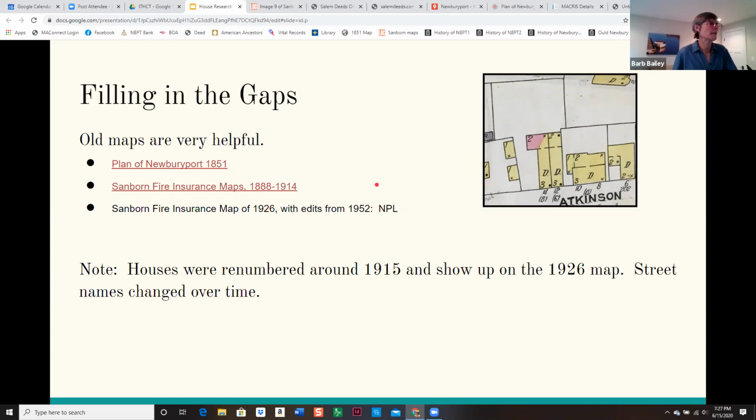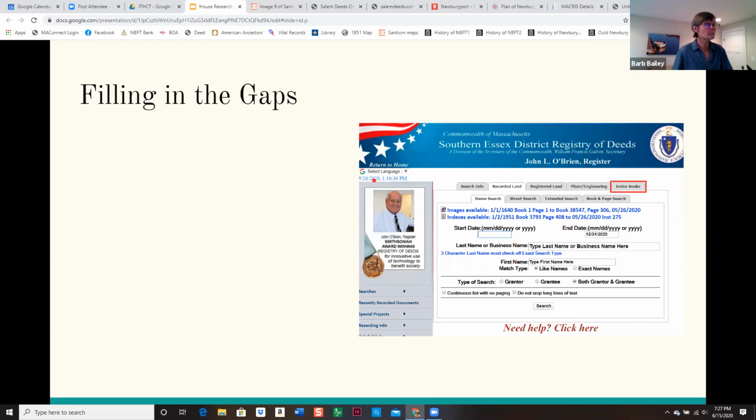So these maps, again, are really helpful. So I'm going to take you back to the Salem Deeds and show you how to use the index books. Okay, we looked at how to find the book and page and how to do a street search or to search by name. But these index books are really kind of where the slog of research happens,